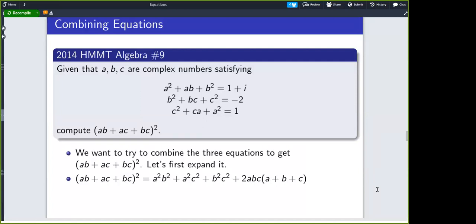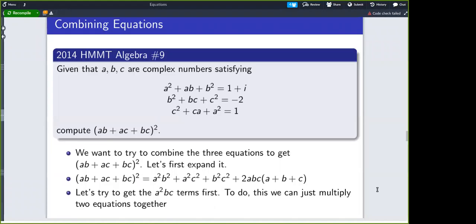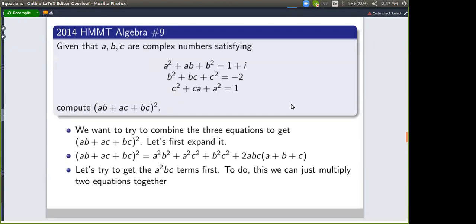So it looks like we can just multiply the first 2 equations, I mean, let's do the last 2 equations, because we have bc in the second equation and an a squared in the third equation. So let's see what that gives us. So if we multiply the second and the third equations, we get